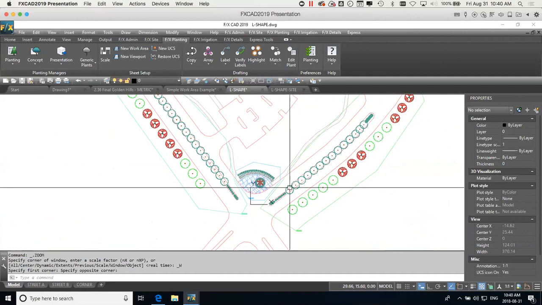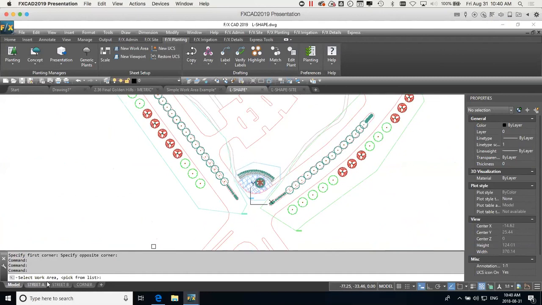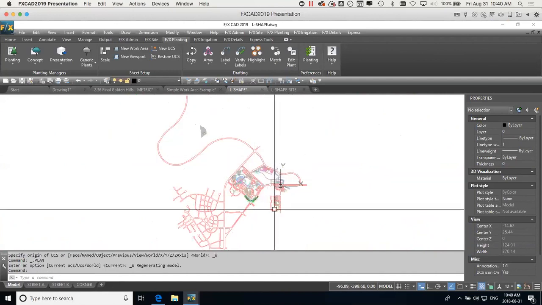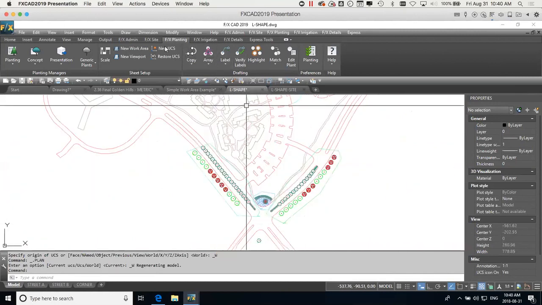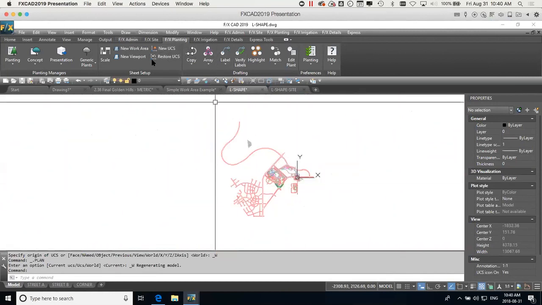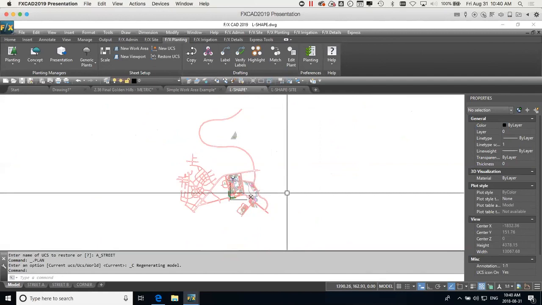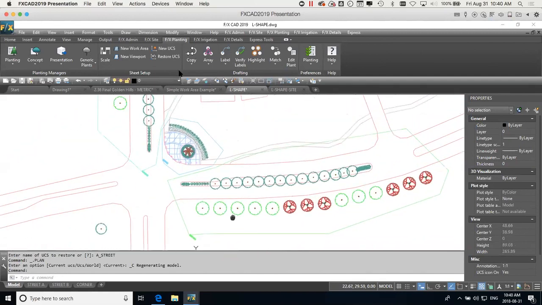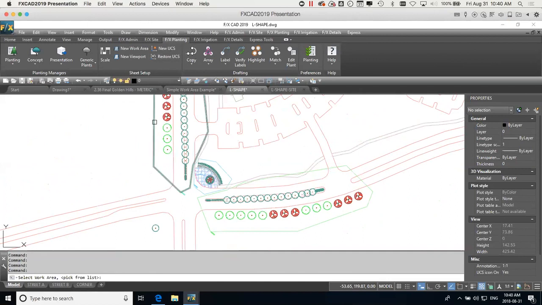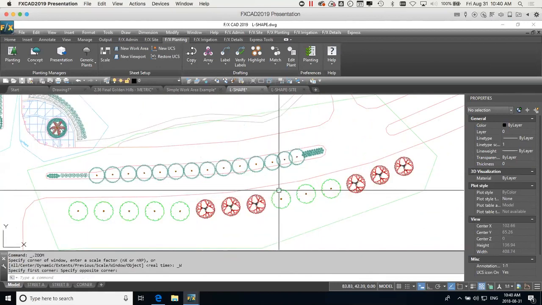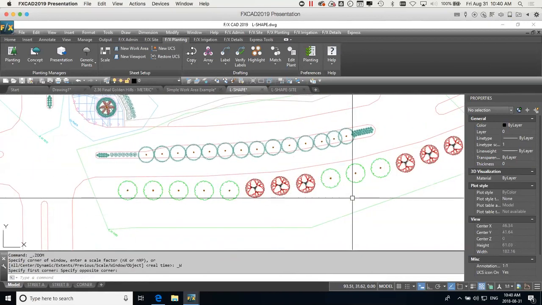And now what I can do is I can restore UCS. I can go to pick from list or select a work area. So if I pick from list, I have all of the ones that I had, so I can even do that world over here. I'm back to world. But what I can also do is restore UCS, or even if I'm way out here, I can restore UCS, pick from list, and pick one of these work areas. Oh, that should have zoomed in. It didn't quite, but let me show you. If I restore UCS to this work area, it zooms in. So if you restore UCS and click on the work area, it'll zoom in right onto that work area,